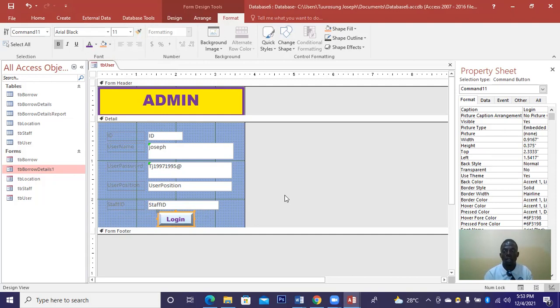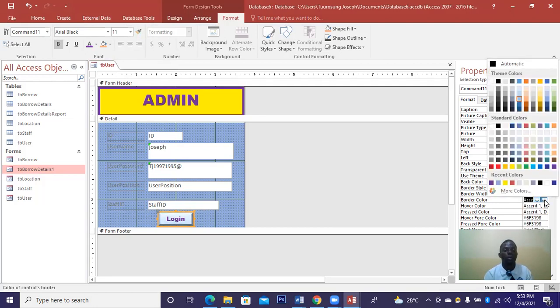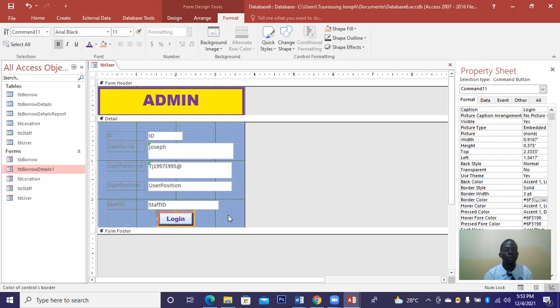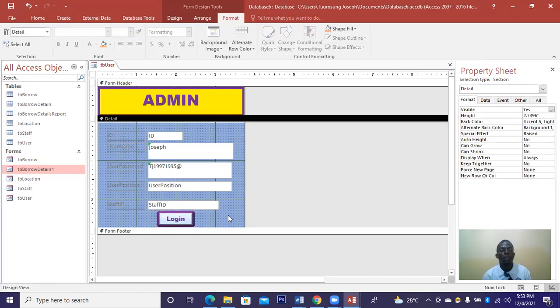proceed. Now, the next thing we need to do is add a border to it, and the border is just going to be 3. Then the border color, we just need to pick something. Let's use this. I think this way is okay. Now we are done with this. So when the user enters the information, you can just hit login and it will open the form for